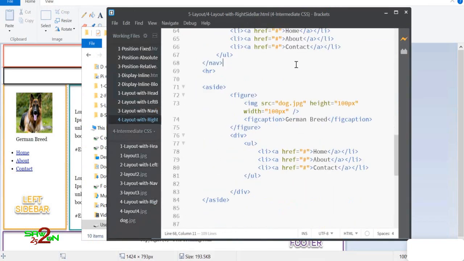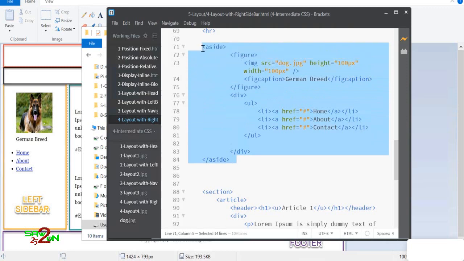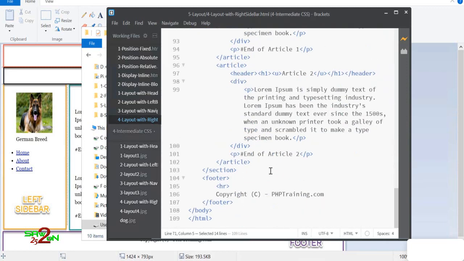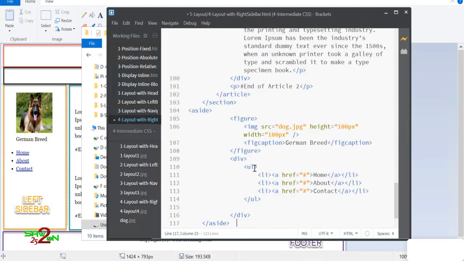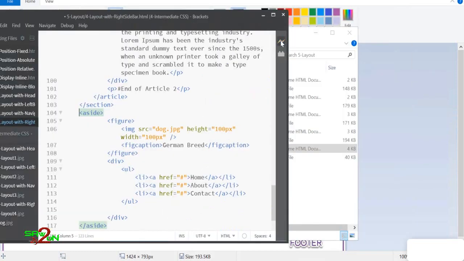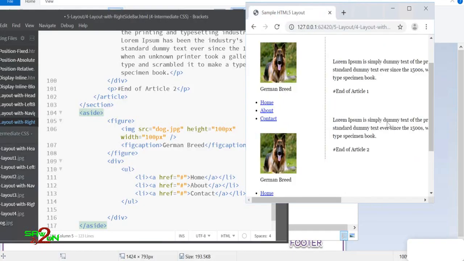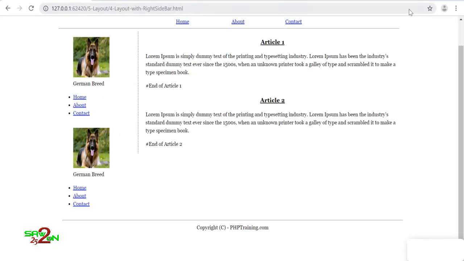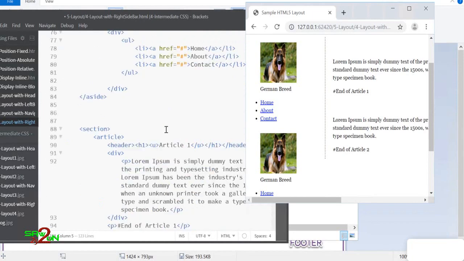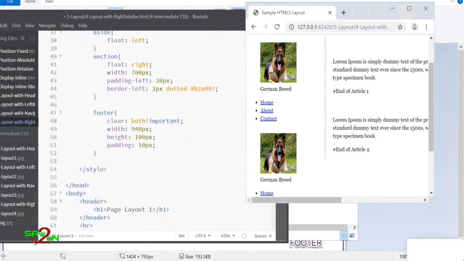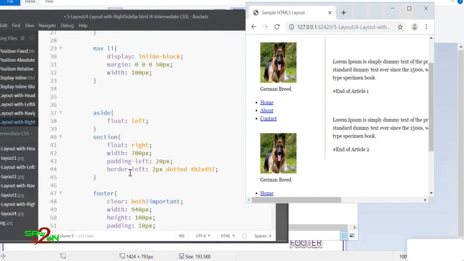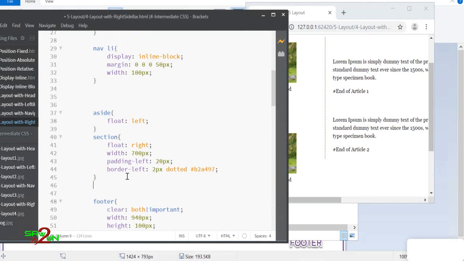We'll have the same aside, and this time we'll have it right after the content, so we can float them onto the right. Let's look at the example for this, how it looks. They are floating right after it, just floated right after this content. What we can do is create left and right classes, and attach this one to left and this one to right, and I think that should be enough.